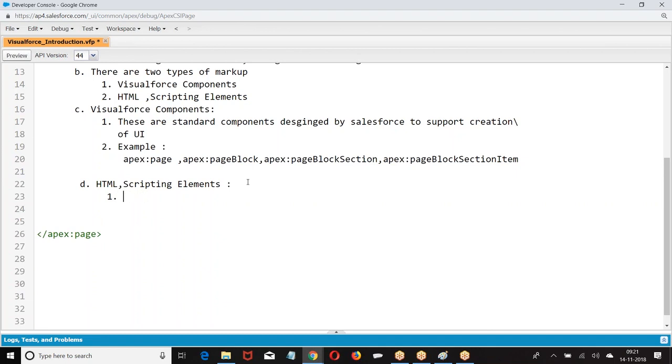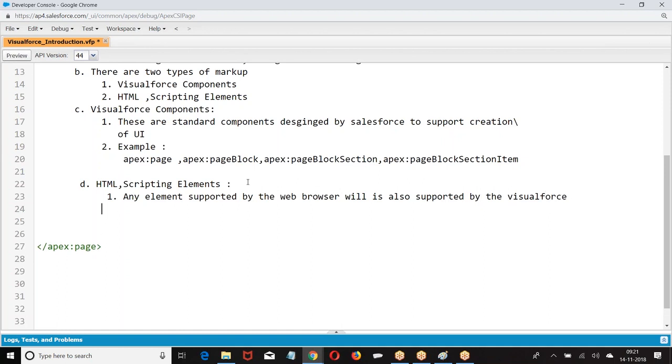Any element supported by the web browser is also supported by Salesforce. Now, example.